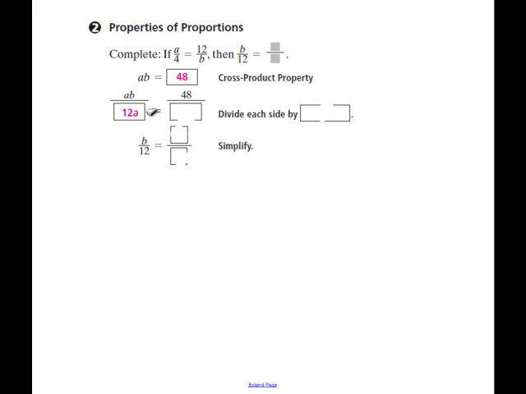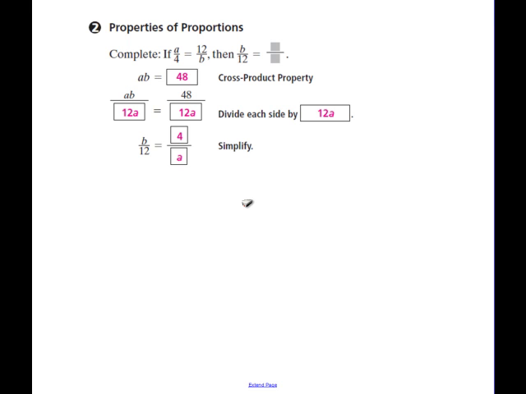And then they're going to solve for B over 12. So they're going to first divide by 12A on both sides, which will eliminate the A over here and leave a 12. And so 48 over 12A is going to reduce down. We get 4 over A. Now, that's a lot of work,